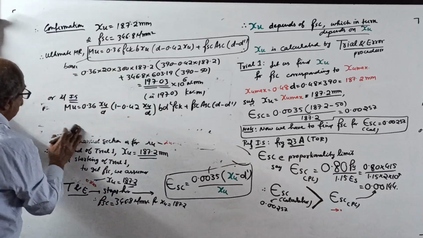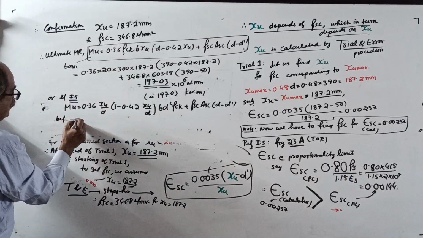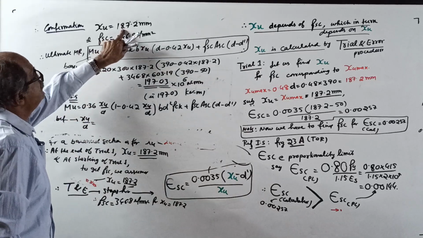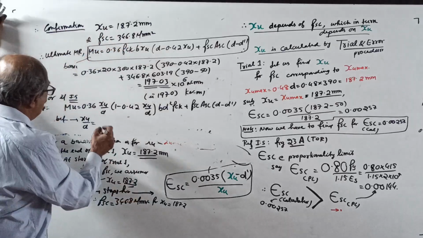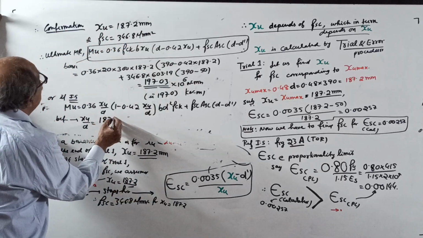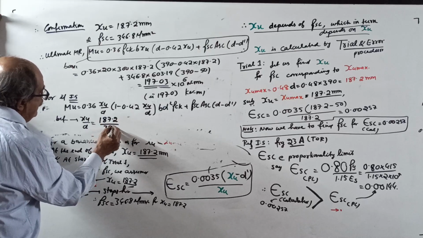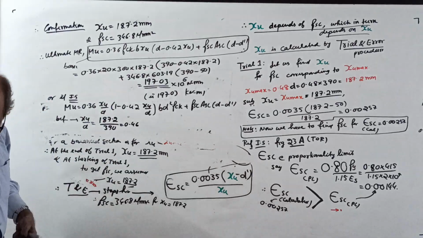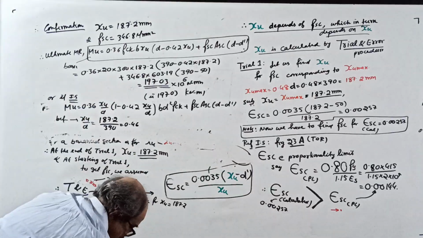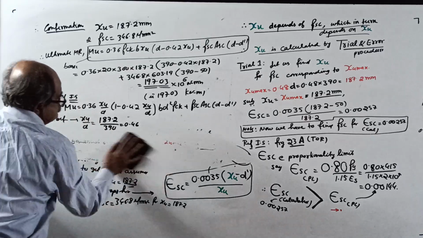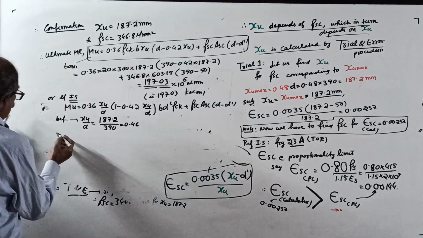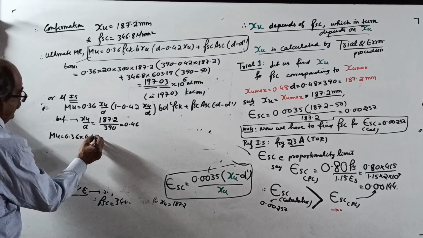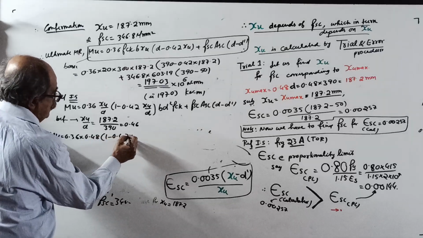Here, what you have to do? Before substituting, you have to find XU by D, but actually not required because for this XU, this is XU max. Okay, calculate if you want. Divided by 390 will come 0.48. Now substitute here, just to make the perfect conclusion. Therefore, MU equal to 0.36 into 0.48 into 1 minus 0.42 into 0.48,